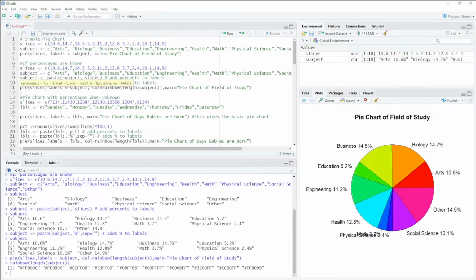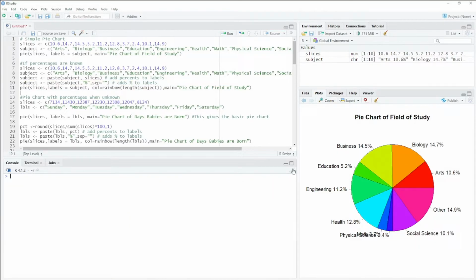All right, I'm going to go ahead and clear my console down here just to have a clean slate. So that was pie charts where we know the percentages already, right? So now what if you don't know the percentages? So I'm going to look at an example of these are days of the week babies are born. So for example, this is going to say